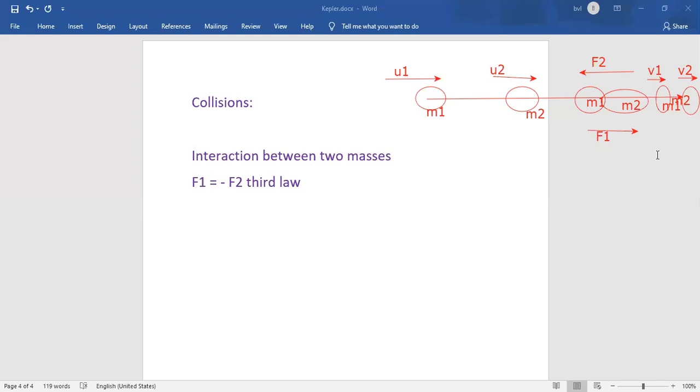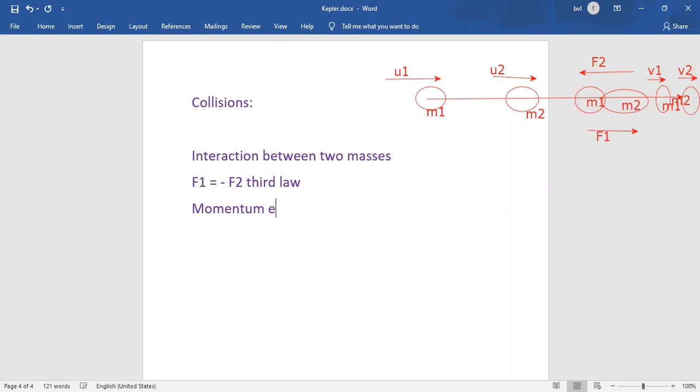Which physical quantity has more significance in the collision? When these two masses collide with each other, which physical quantity is exchanged? This mass m1 exchanges an amount of a physical quantity. What's that? At the same time, m2 exchanges an amount of a physical quantity. What's that physical quantity? The physical quantity is momentum.